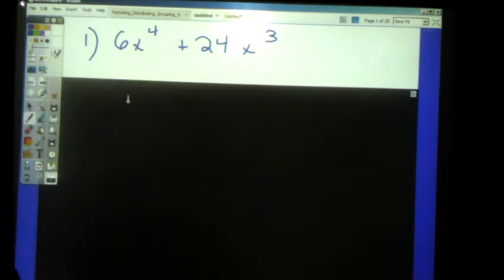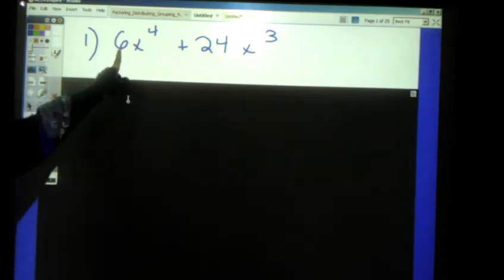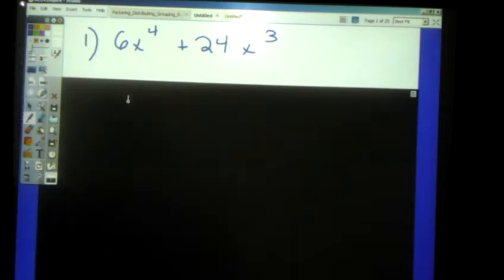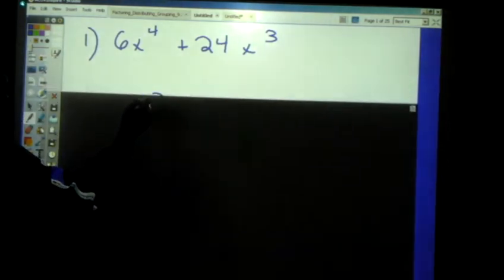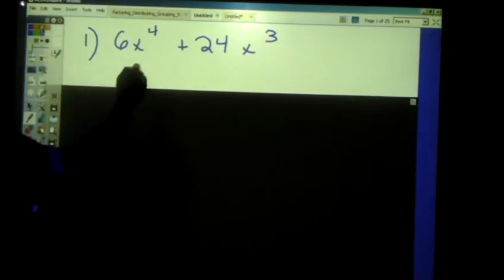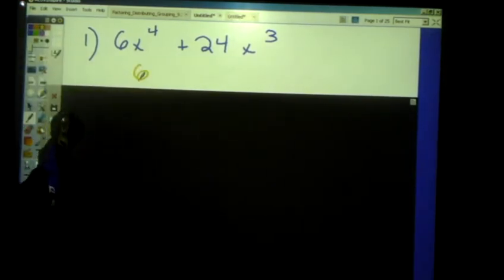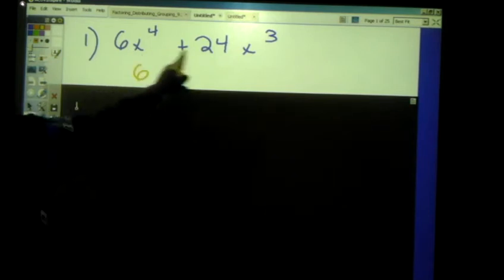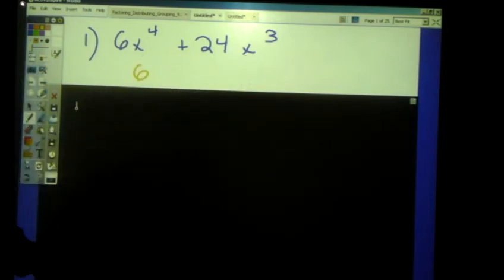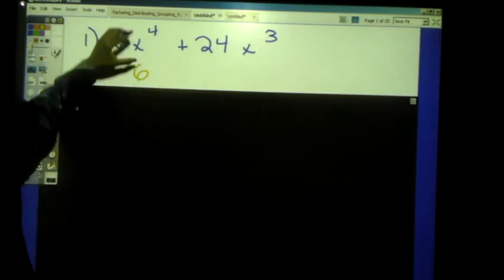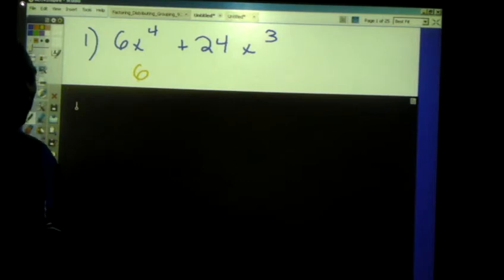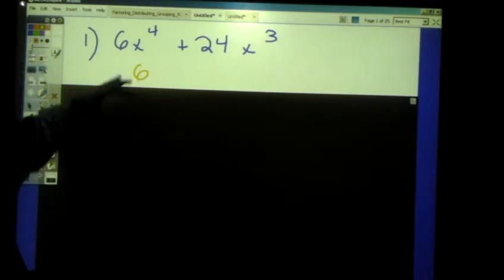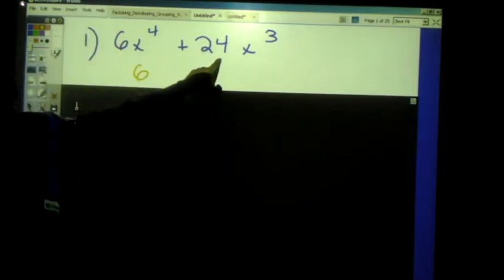into each coefficient. So the largest number that divides into 6 and 24 is 6. So that is our first number for our greatest common factor, 6. Now, next, you need to find the greatest common factor of the variables. We're looking for a term that will divide into both terms. So every variable and every number that I write has to be able to divide into this term and this